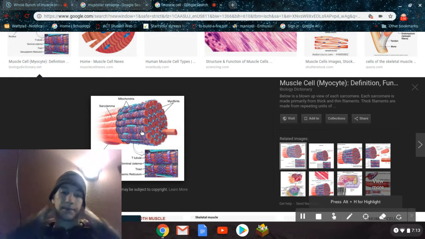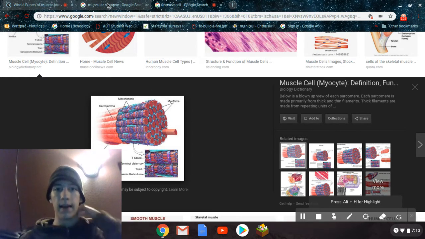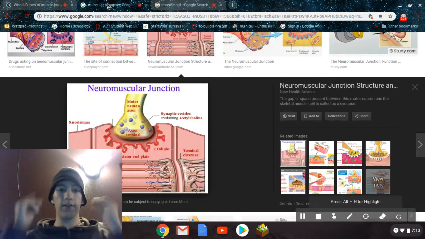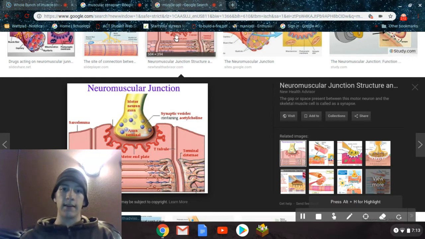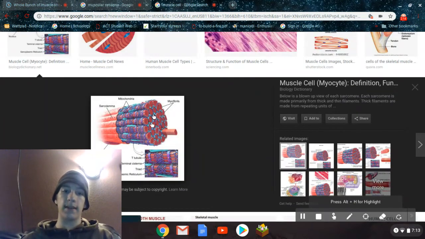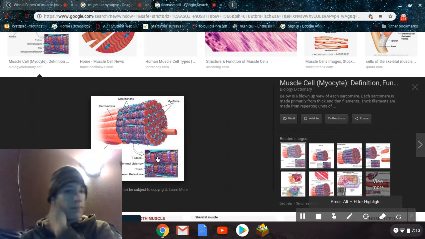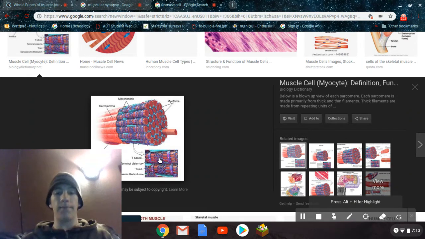And when a nerve like this one tells the muscle to contract, it basically goes straight to the sarcoplasmic reticulum, among other things, and it tells it to release all the calcium it's holding,